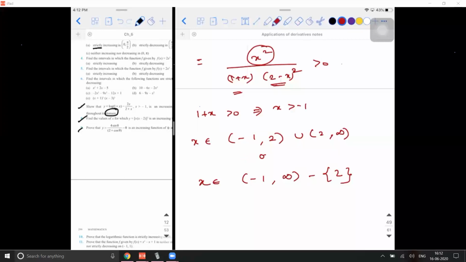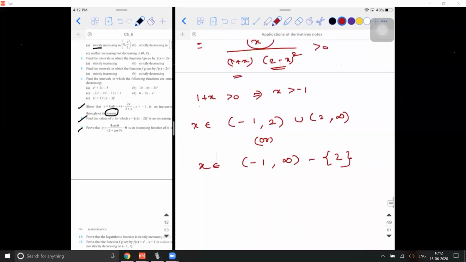Sir, I got that it doesn't decrease at all, sir. It doesn't decrease. What you told is right. I confirmed it. It doesn't decrease because that value is not there in the domain itself. Yes, sir. That's the reason. So we will verify. Oh, it is a very big graph to draw. Anyways, that's the answer.